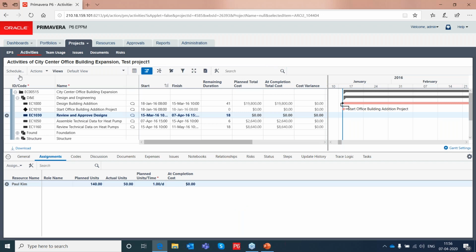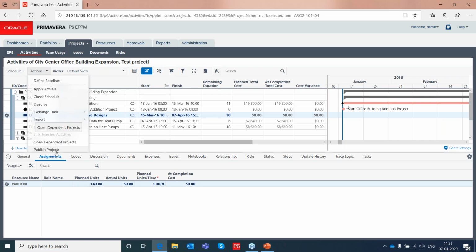Then go to schedule, change the data date. After you have done the updating for all the activities, revise the data date and schedule it. Then you publish that information, project information. Then that will be available for your team usage and the other analysis part, right?